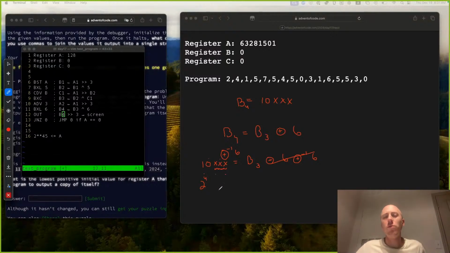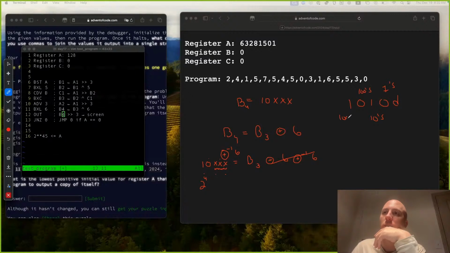I'm trying to think how we would phrase that. If you just had a decimal number, like 1, 2, 3, maybe just a decimal number like this. So this would be decimal. And this is the ones place, and this is the tens, and this is the hundreds, and this is the thousands place. And so if you say that there's a 10 here, then